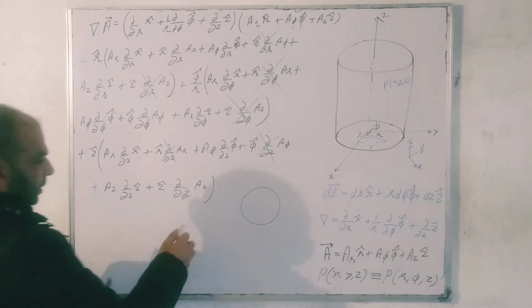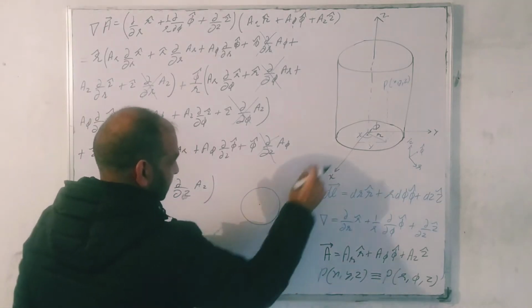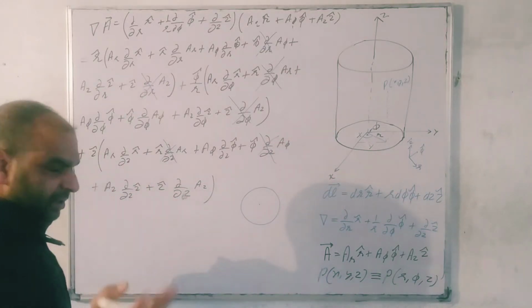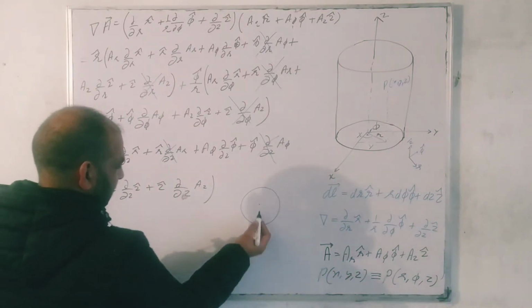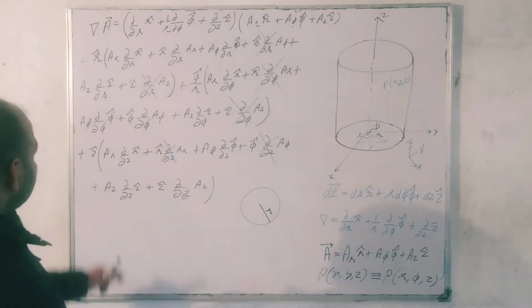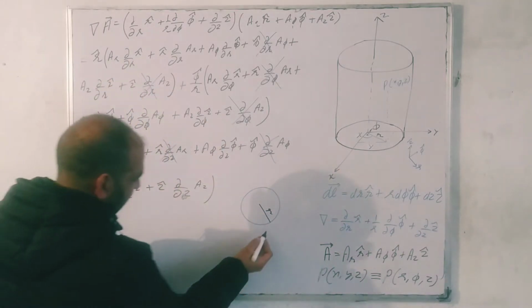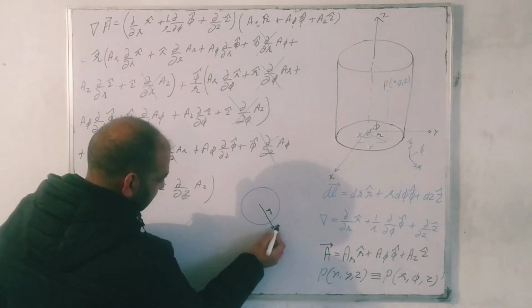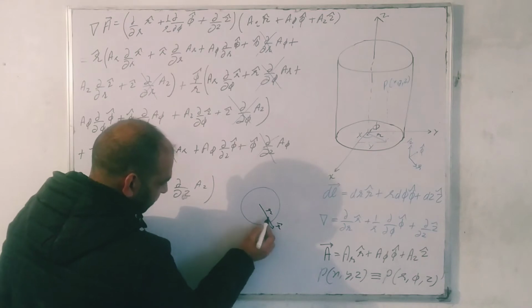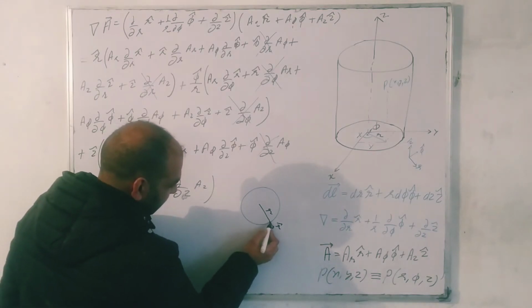Its meaning is, this is our circular part of this cylinder. So we can consider it the base or top or any piece. So this is going to be fixed because its radius is R. So its meaning is change in R cap. R cap is in this direction. Change in R cap with change in R. So when we change R, when we change it from here to here, the unit vector will also be in this direction.